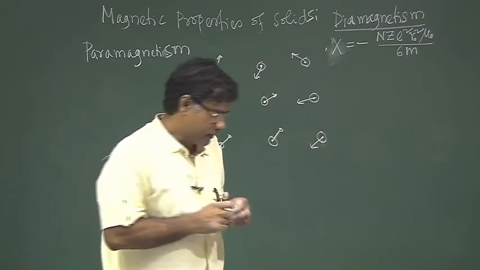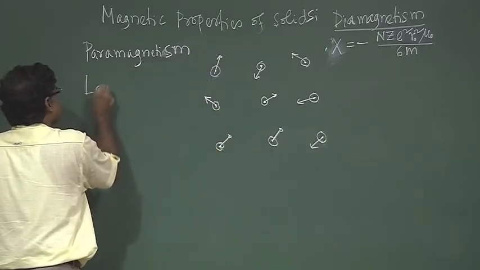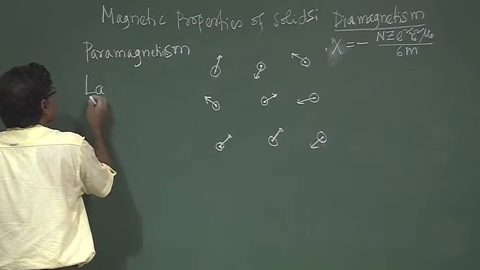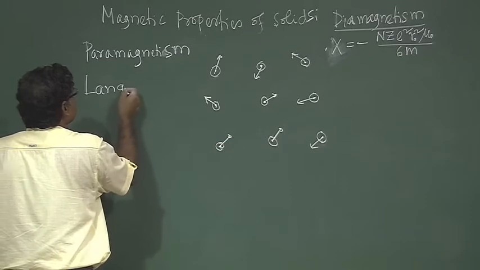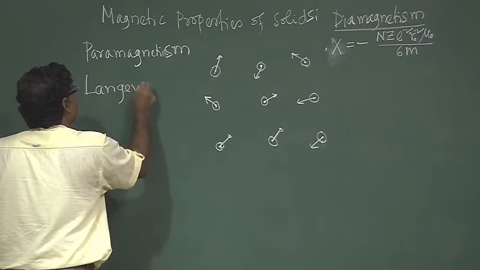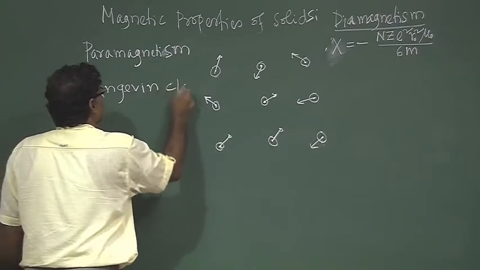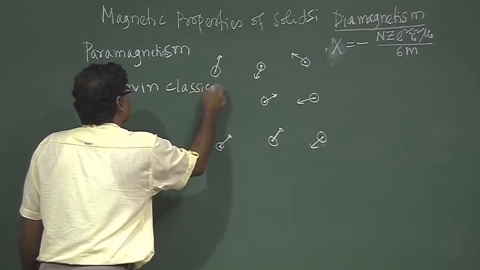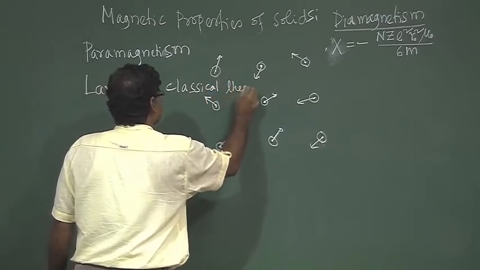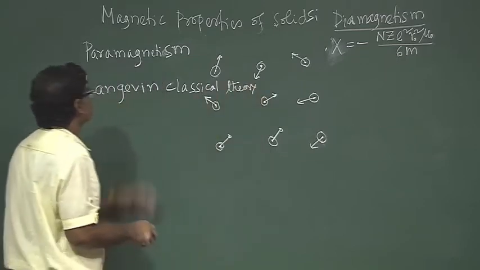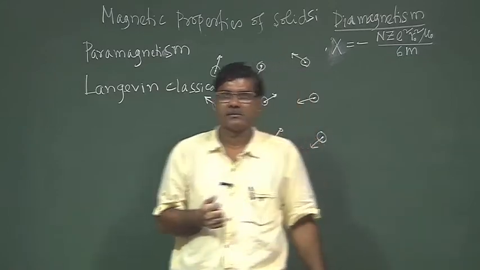Now, Langevin's classical theory for paramagnetism: Langevin considered that